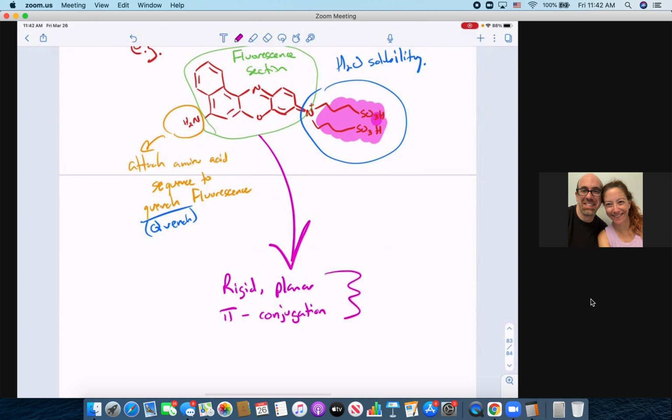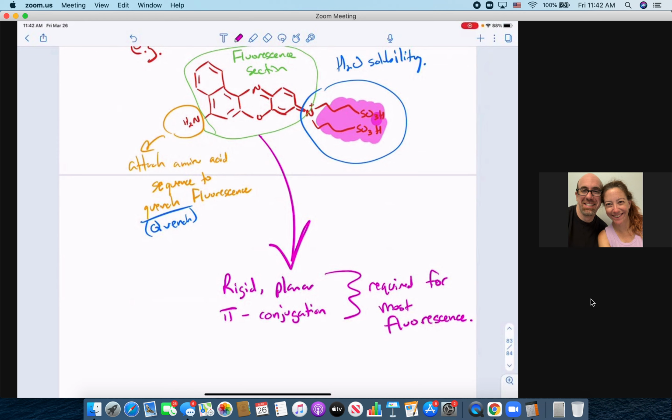These are required for most fluorescents. There are some outliers, but if you're making a fluorescent molecule from scratch on the drawing board, you are going to aim for a small structure, a drug-like structure, in fact, that is rigid and planar and